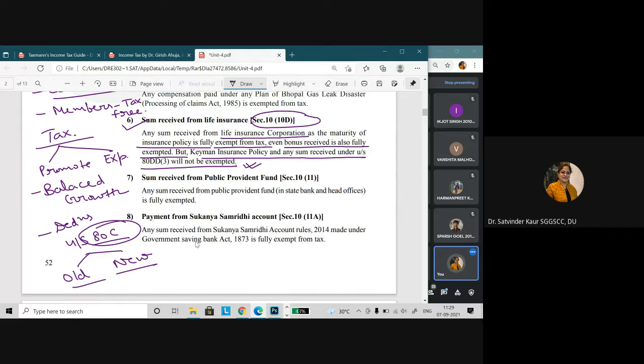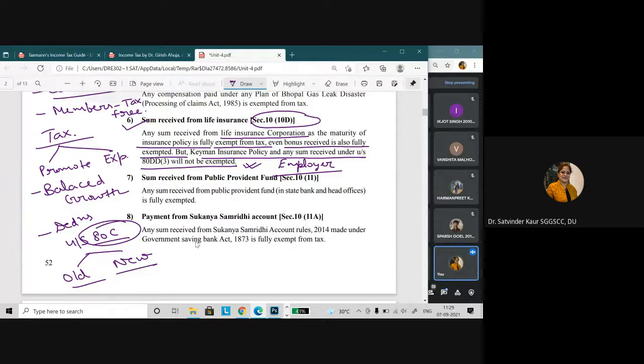If you ask me what the difference is between an individual LIC and a keyman insurance policy, generally the employer takes group insurance in the name of the employees. If something happens to the employee, it is the responsibility of the employer. So the employer is fulfilling his obligation, and to fulfill it he is taking the policy. In that case, it is not going to be exempt from tax, and we are going to discuss these details at a later stage.